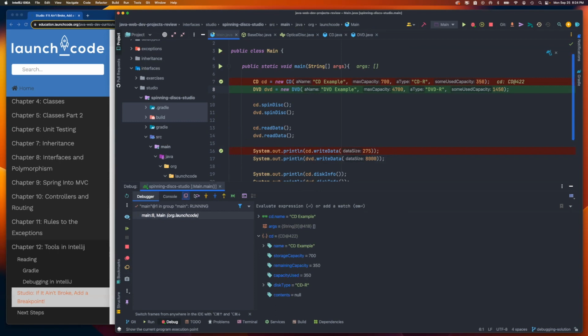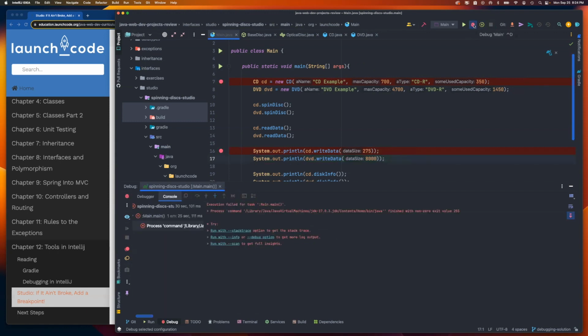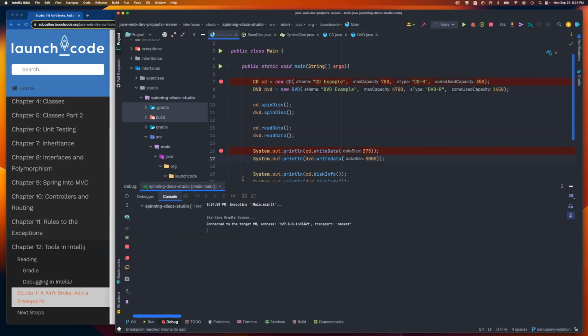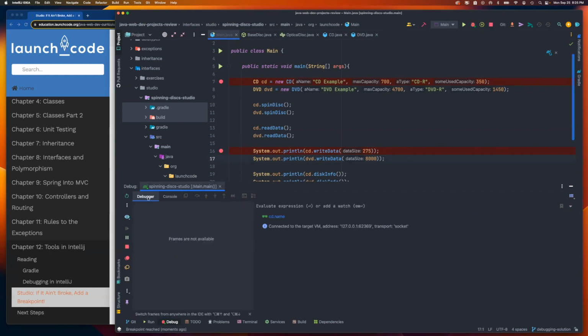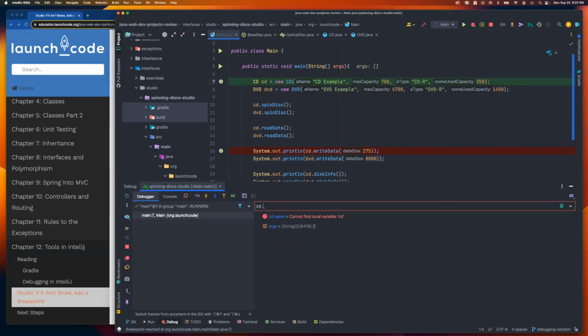And if I continue stepping forward and stepping forward, this value is never going to change. So maybe we should be watching something that's potentially going to change. Let's run this again. And this time I want to watch cd dot max capacity. No, max capacity is not going to change either. I'm tripping. How about,